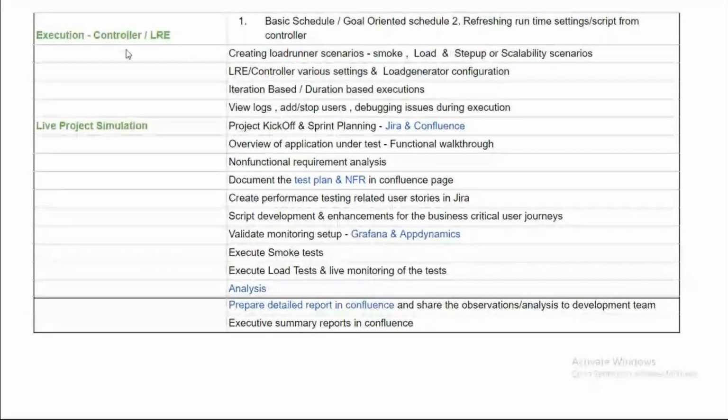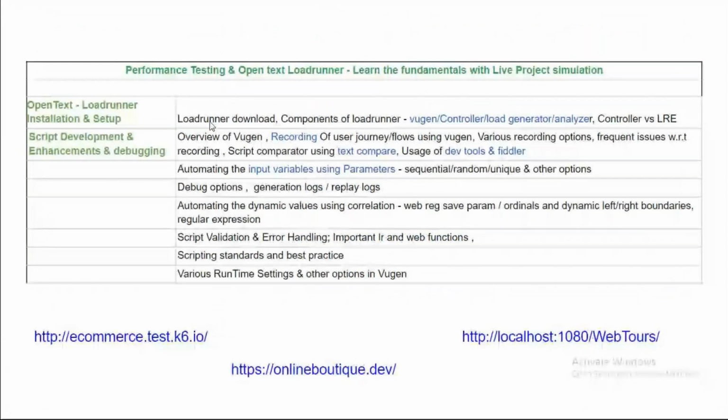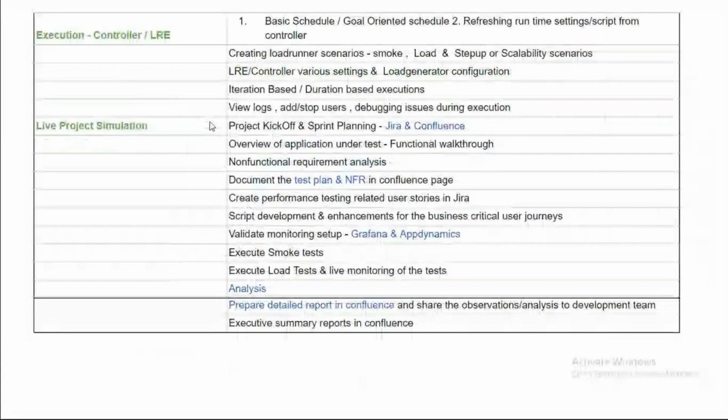So LRE is nothing but LoadRunner Enterprise. Nowadays in projects, they are providing this LRE. It's similar to the controller, and I will also show you how to use LRE. Once we complete this, how to use LoadRunner, how to record the script, how to develop the script, and how to execute it, we will come to an idea of how it works. And after that, there will be a live project simulation where I will show you from the first step,